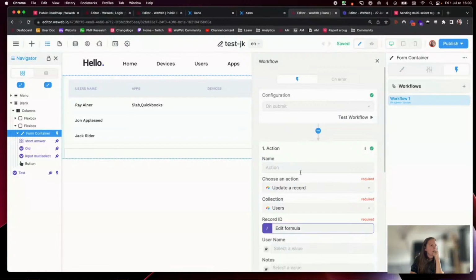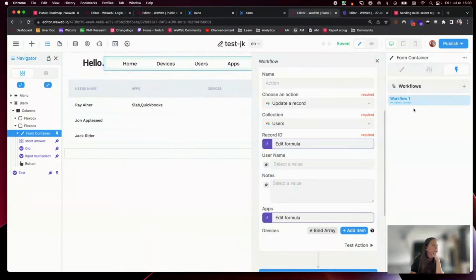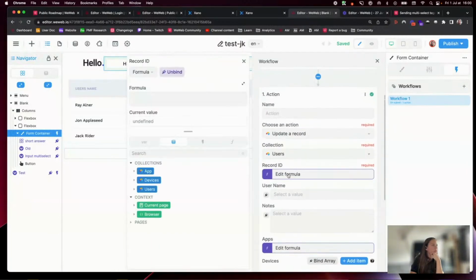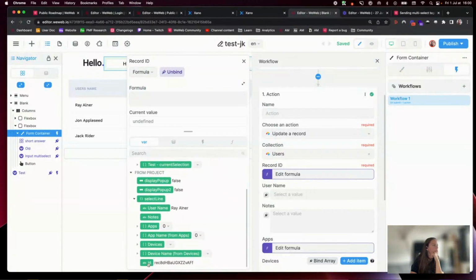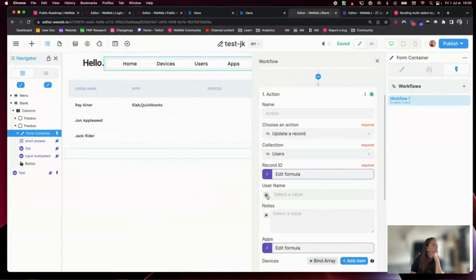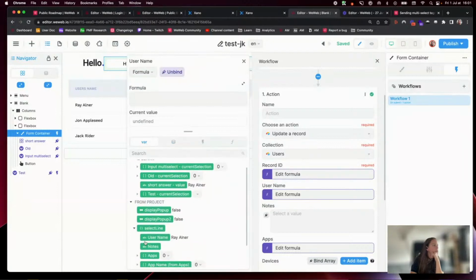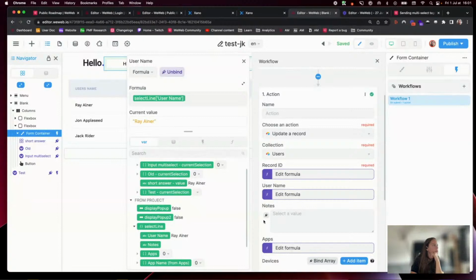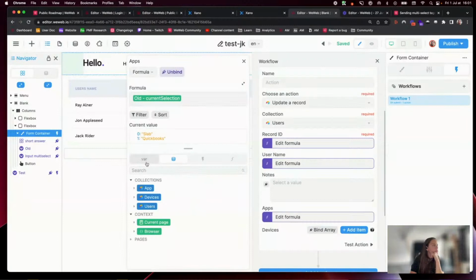Update the record. Okay, so the record ID is what? The record ID must be in our selected line. For this one, the username is selected line. All right, and the apps would be